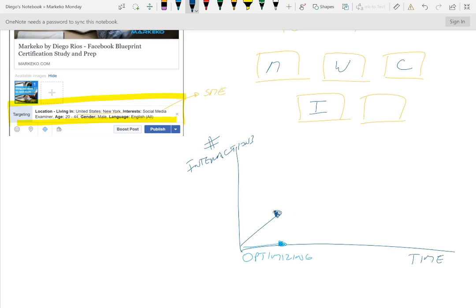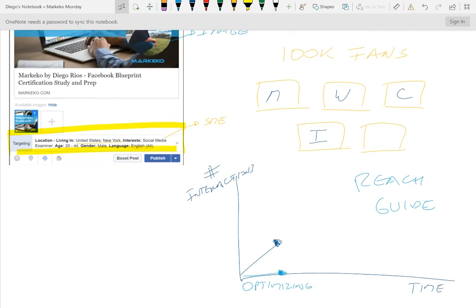And you don't want to leave it to luck. What I mean by that is, you don't want to leave up to Facebook to select your reach. You want to guide Facebook to your reach. Why? Because again, if I have 100,000 fans, if I don't select and I don't target them, what Facebook will do is say, well, let's go to your different buckets and find the people that we think are going to interact with your content.